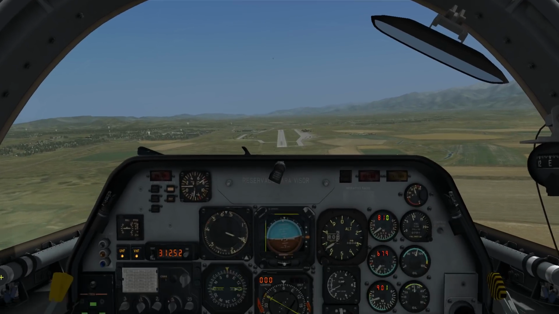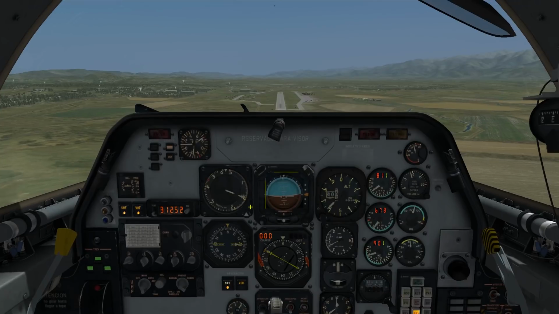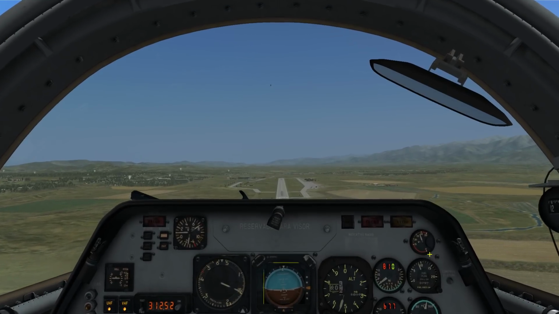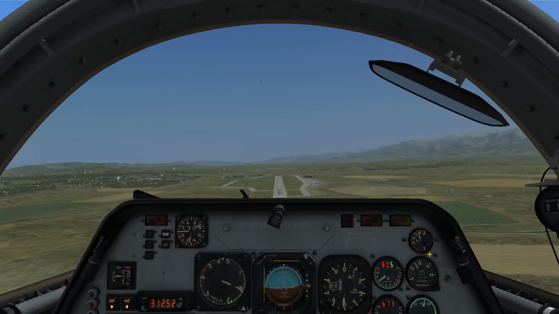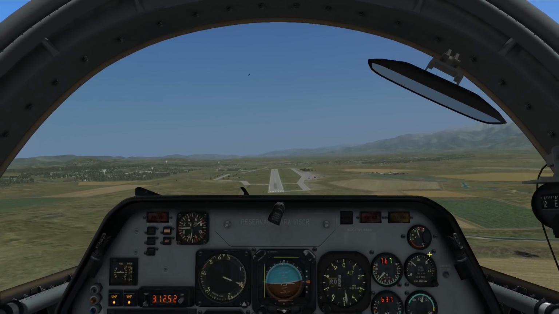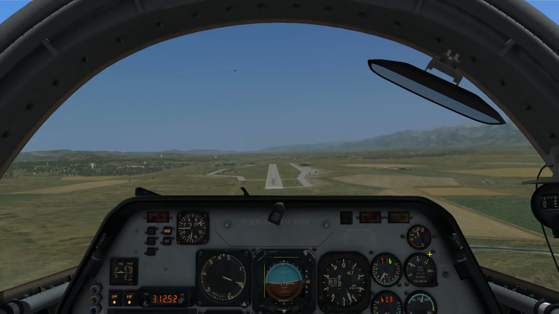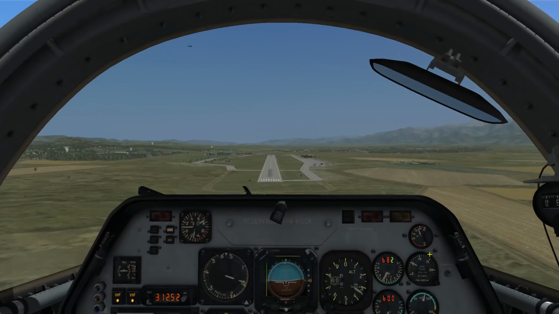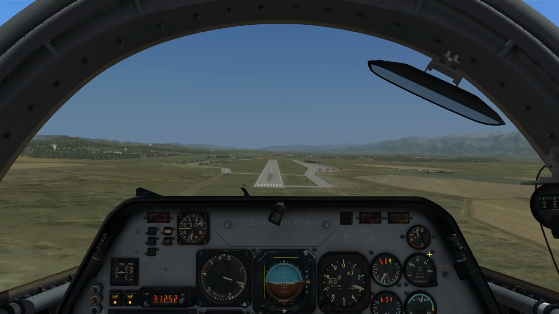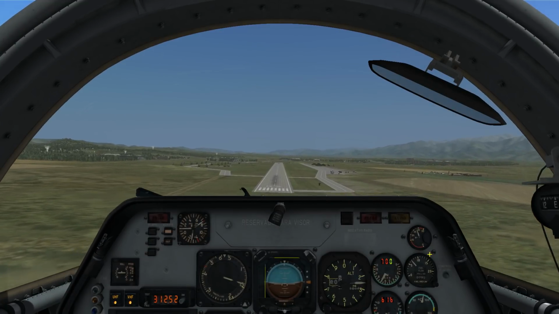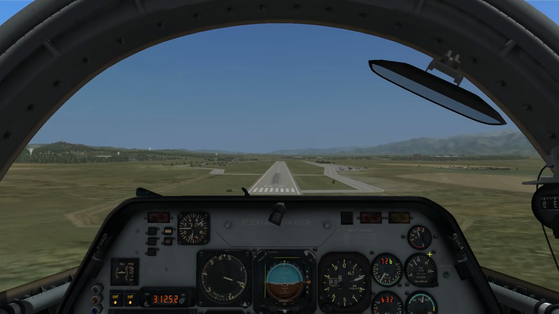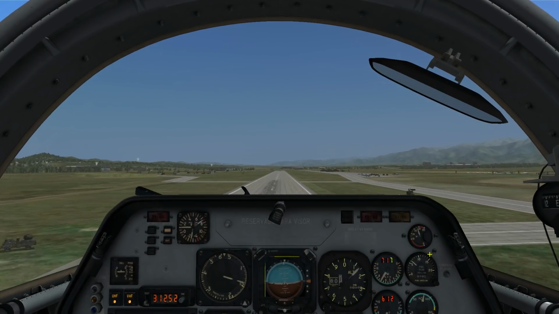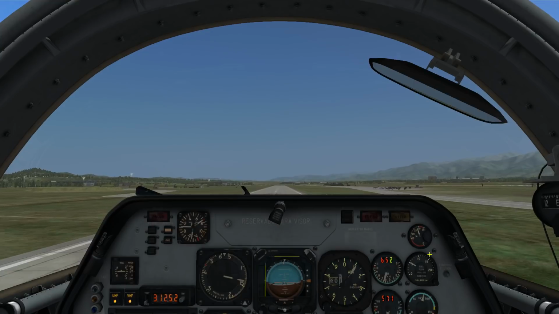But again, this is a visual landing here. You can program in things like ILS using the radios and systems down here, but that's for another day. I keep the air brake out on landing just to help us slow down, because you'll find that when you start coming off the power, even if you don't have the air brake out, you won't slow down fast enough. So start easing off on the power and flaring out here,